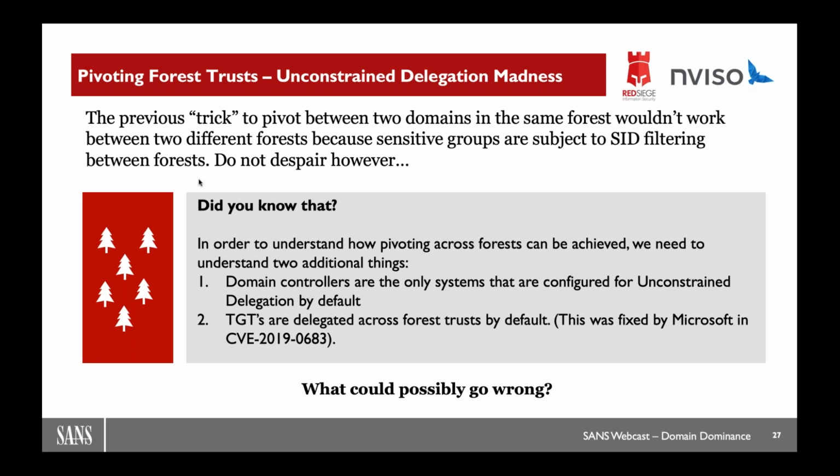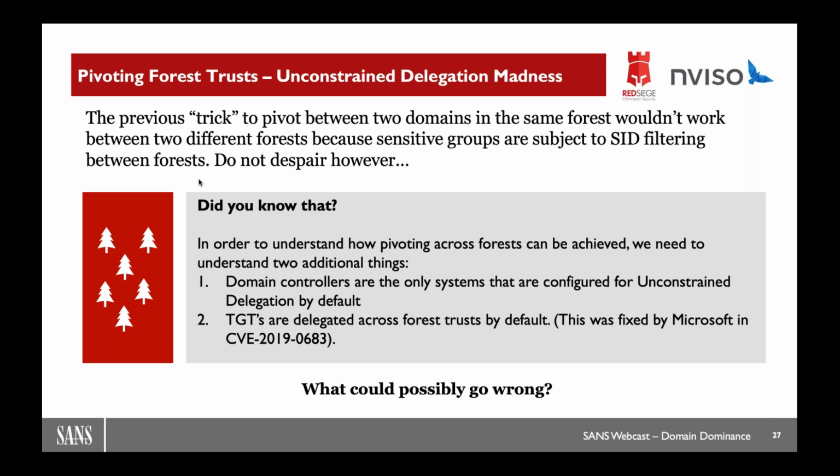So they released a fix for this, which effectively fixes the issue. This is a specific CVE that's there. But it's interesting to look into this tech strategy, because of course we all know that we can sometimes still encounter legacy systems. And it's also just interesting to understand how this works. This relies on an interesting attack strategy, which is called unconstrained delegation. So let's have a look, right?